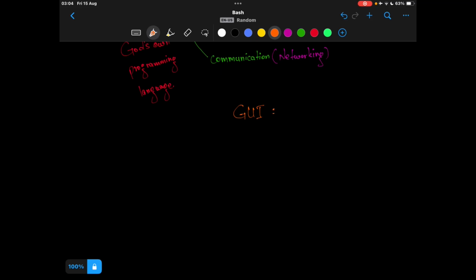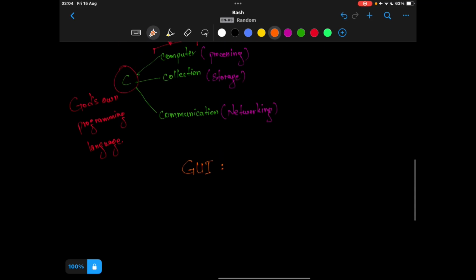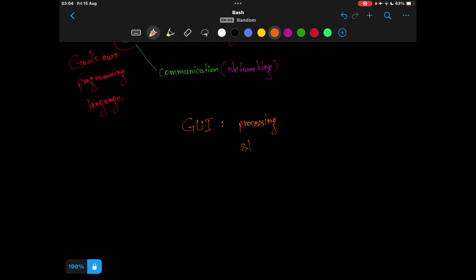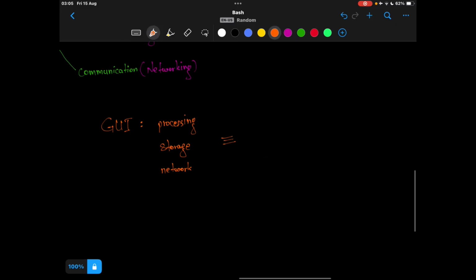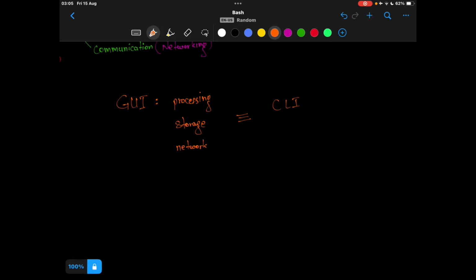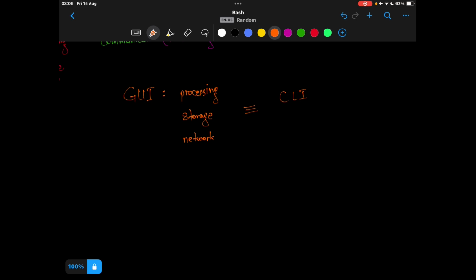With a GUI also, you can do the processing part, the storage part, and the network part. I will show you the equivalence of all of these in the CLI, which will give you a feeling of what bash is there for. I'll give you an example of working with Windows as well as Linux, in my case Ubuntu, and here also I will show you the equivalent operations.